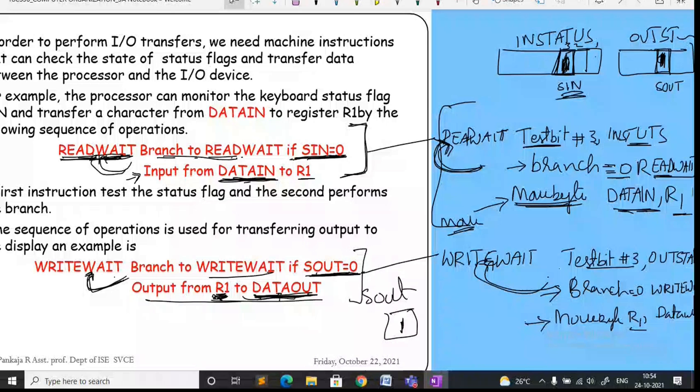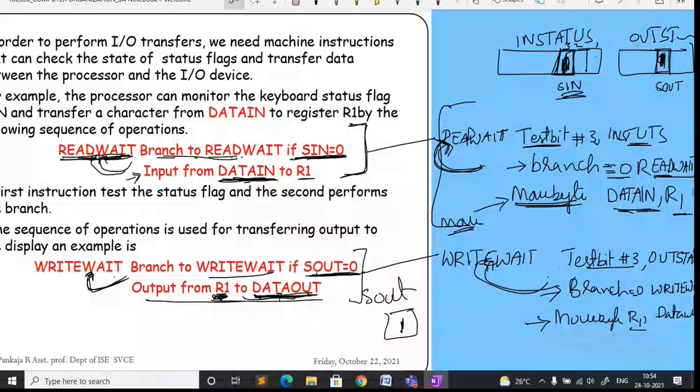Each time it will read the first character from the input device and display it on the output screen. So here, whenever you are reading characters, consider you have ABCD and the next character you are going to enter is carriage return.